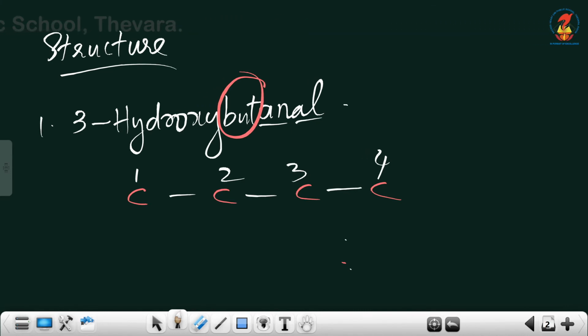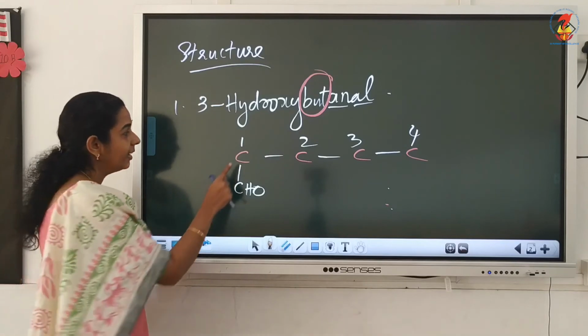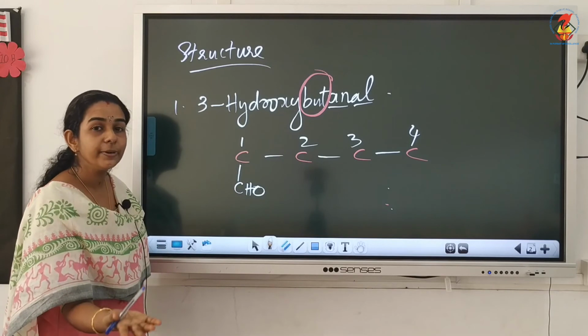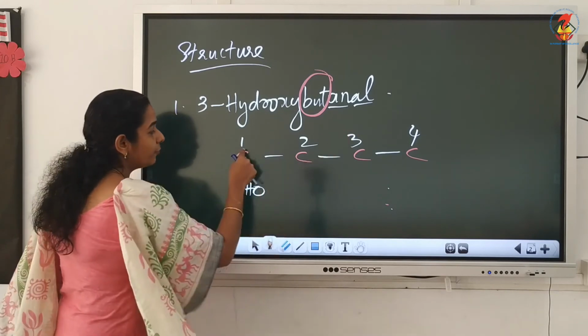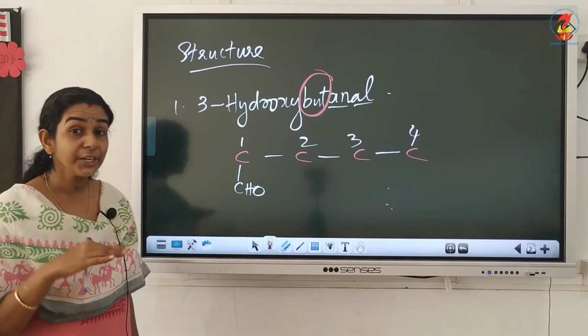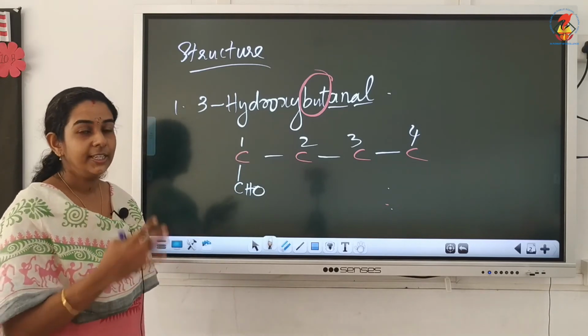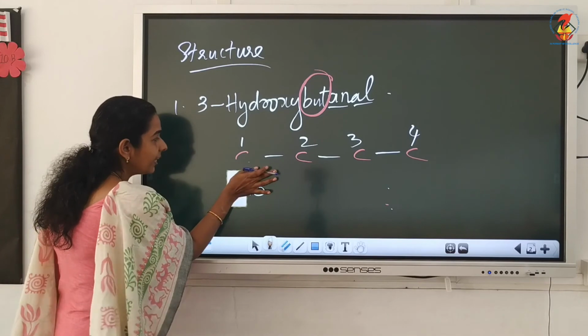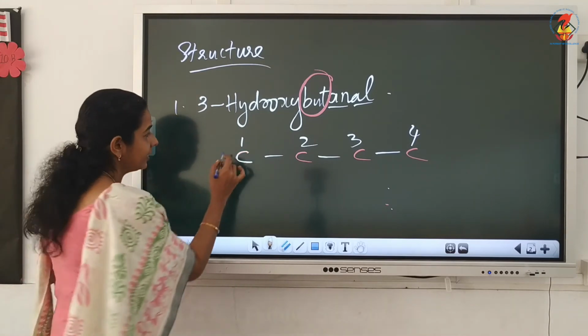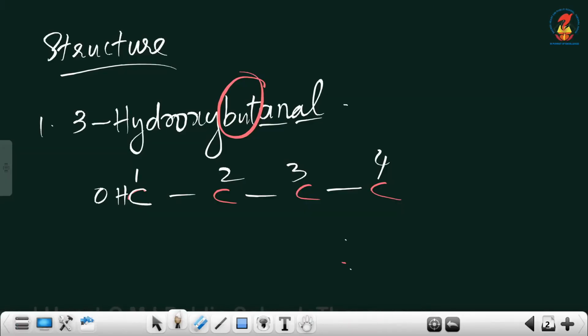That doesn't mean that on the first carbon atom there is a CHO added. So, don't make this mistake. If we write one CHO on the first carbon atom, what happens to the number of carbon atoms? Instead of 4, it will be 4 plus 1, 5. The number of carbon atoms increases. So, here what is the meaning? 1-al means the first carbon is CHO. Understood? Now, word root and suffix are over.